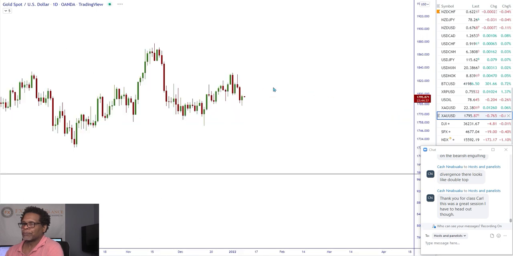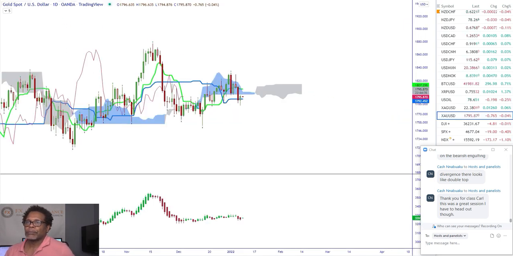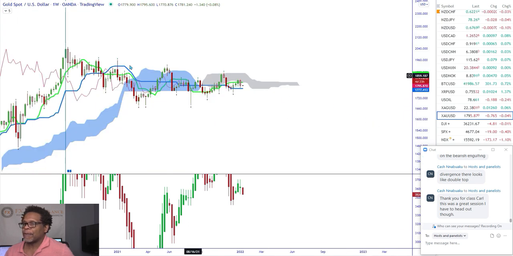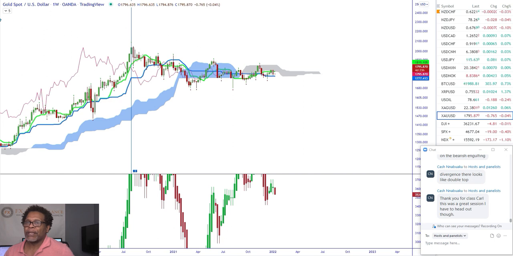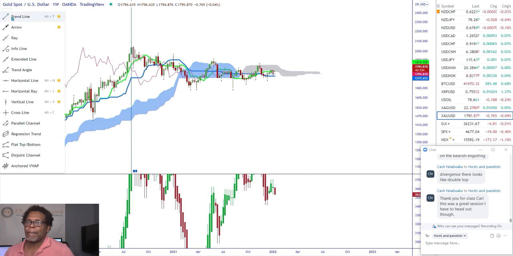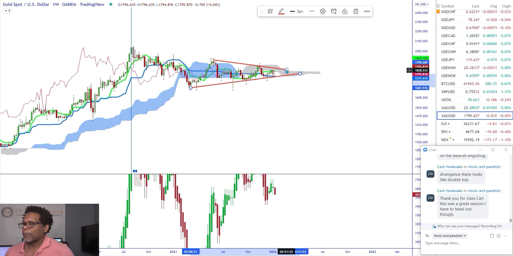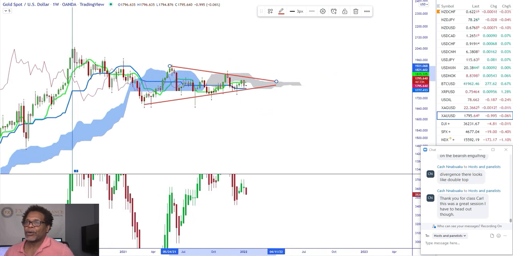Let's go to gold. Weekly. This is the last one we're looking at. Then we're out. Very flat market. It could also be in a P wave. Let's go from here to here. So we're pretty much trading in this area. Look at the crossover here. Flat cloud, thin cloud, flat cloud. So nothing good on the weekly.